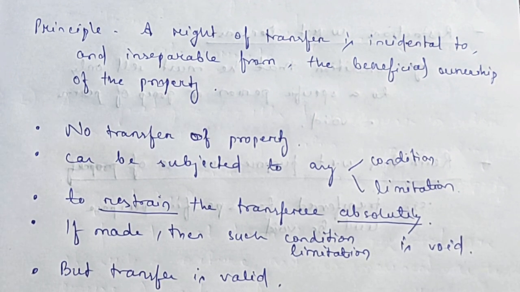Here section 10 is concerned with the conditions subsequent under sections 31 and 29. The restriction may be either by condition or by limitation. Both are void if they restrain the right to transfer totally. Condition for the purposes of section 10 means condition subsequent, which has the effect of divesting the interest which has otherwise vested in the transferee.